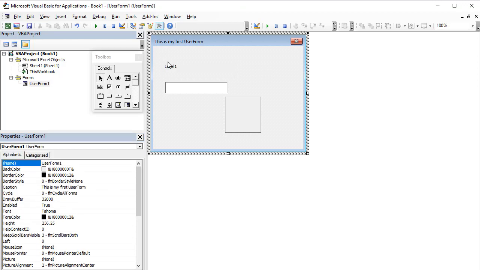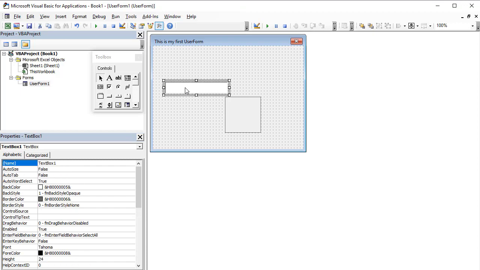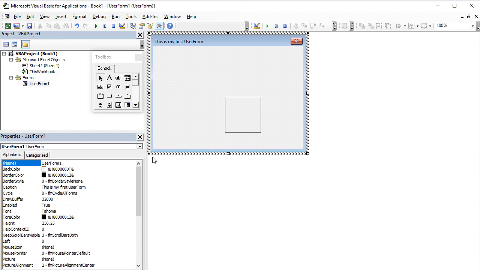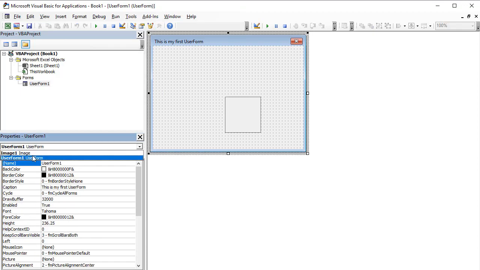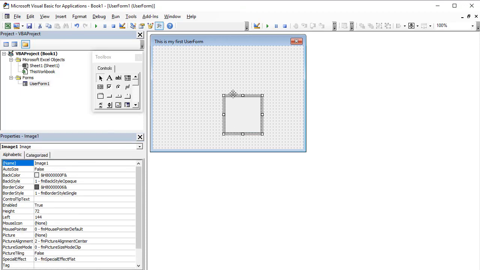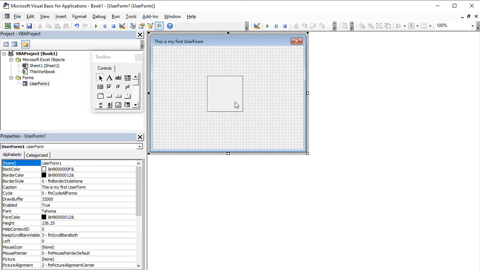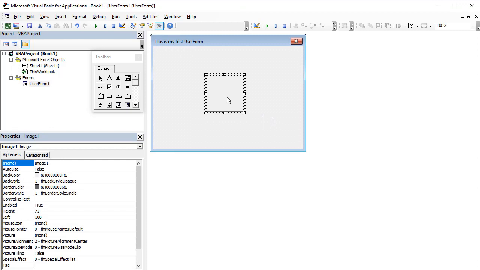And it's smart enough that if I click and delete the label, and click and delete the text box, it now knows there's only 2 objects left. Right? So it will be intuitive what we're doing here. This is kind of our space, and everything we do, the form itself and the controls we add are all objects, and objects have properties. So what are some of the properties of this image? If we go back to our document,